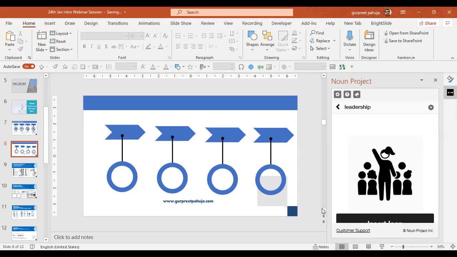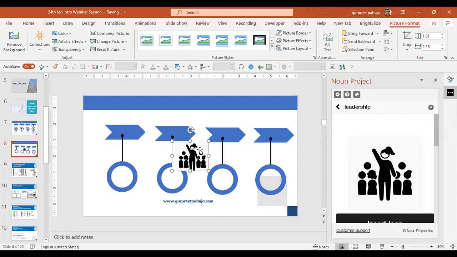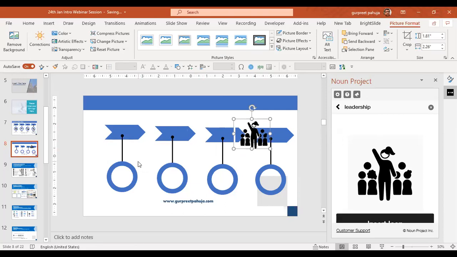Then you can do Control V. Now you go to Color, go to Set Transparent Color, and this will become transparent. Noun Project is an add-in in PowerPoint where you can take all these icons from.